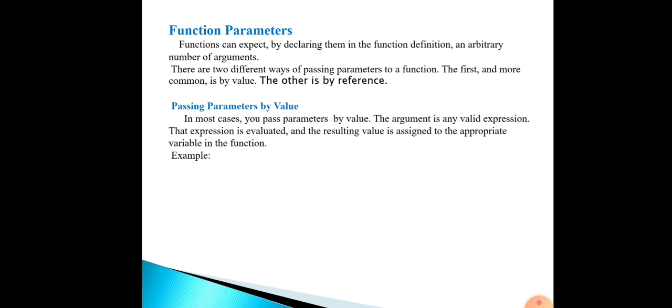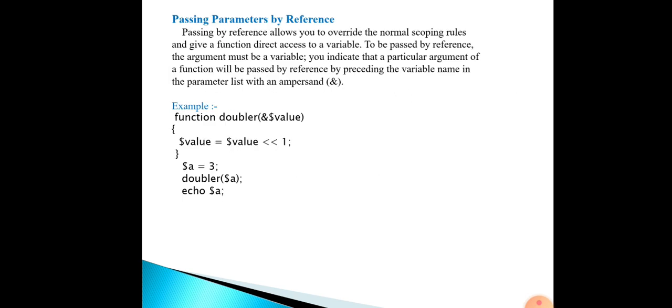By default, function arguments are passed by value, so that if the value of the argument within the function is changed, it does not get changed outside of the function. To allow a function to modify its argument, they must be passed by reference. When an argument to a function is passed by reference, always prepend an ampersand to the argument name in the function definition.